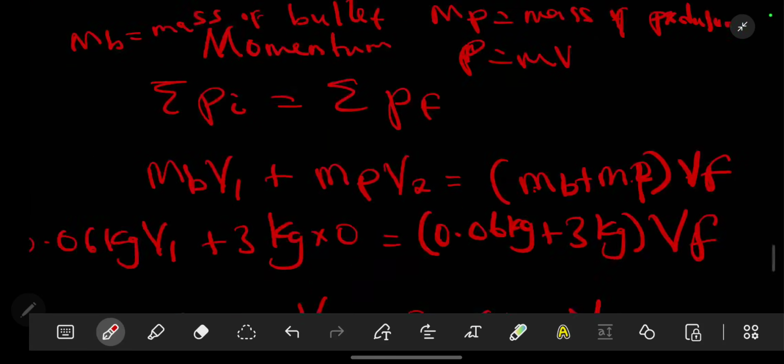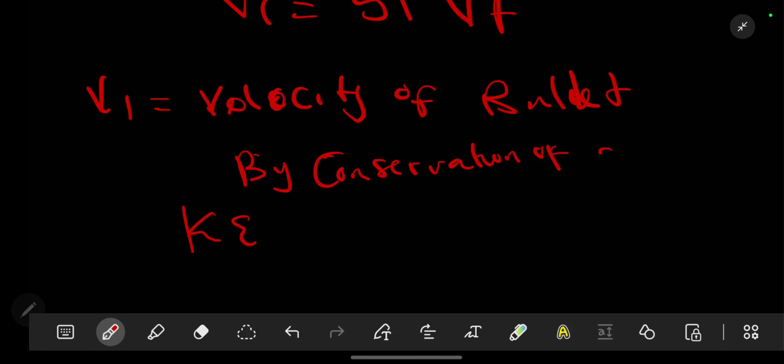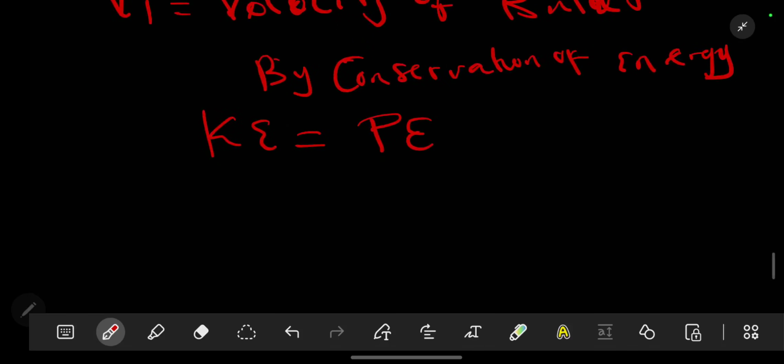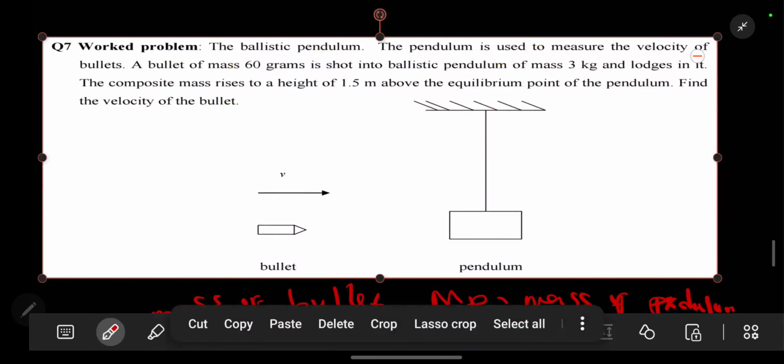We know that as long as you have a gain in height, that's the potential energy. Now this potential energy came from kinetic energy. So we can say, by conservation of energy, kinetic energy is equal to potential energy. We are going to say our kinetic energy, which is the kinetic energy of the system, which is the mass of the composite thing, not just the mass